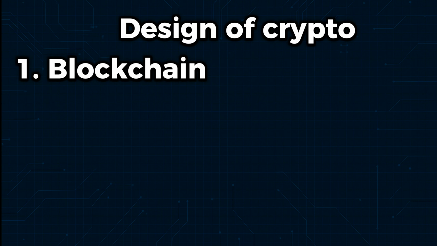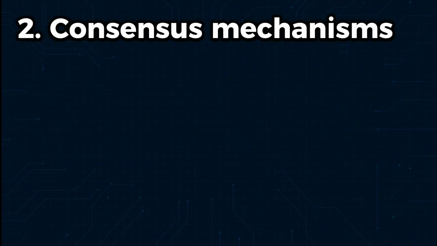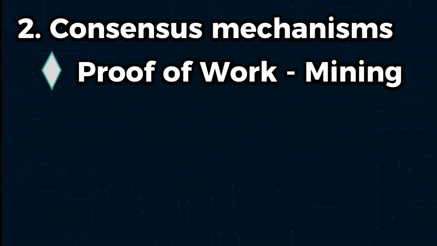Crypto technology is rather complex, and explaining it in detail would take another video, so we'll stick only to the main points. Cryptocurrencies are based on the following components: blockchain, a distributed ledger where all transactions are recorded in blocks that are cryptographically linked; consensus mechanisms, used to validate transactions without centralized control; proof of work, used by Bitcoin, involves solving complex problems;